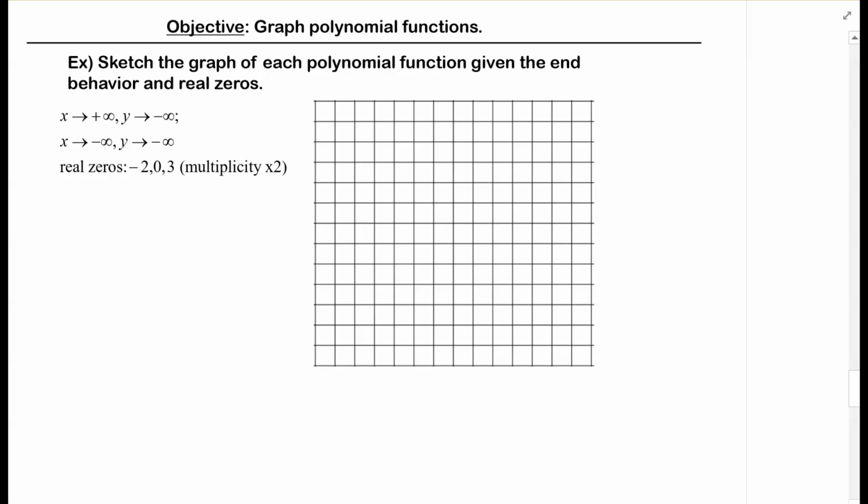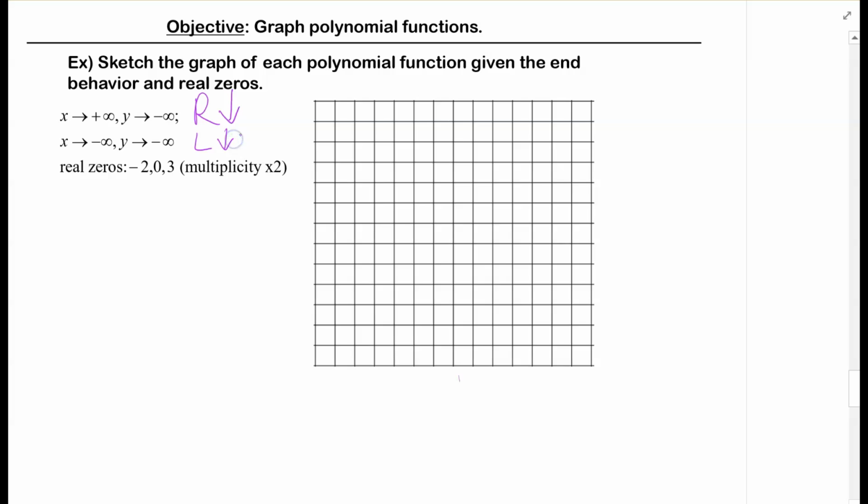I have x goes to positive infinity, so which side is x going to positive? Think about the x-axis is approaching positive infinity. That is the right side. y approaches negative infinity, so on the y-axis, approaching negative is going downwards. And as x approaches negative infinity, that's talking about the left side, the y is approaching negative infinity, so it's